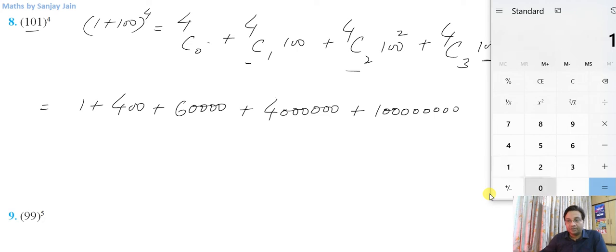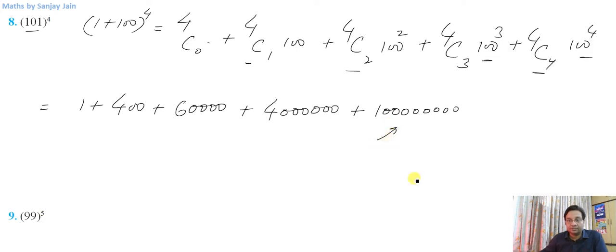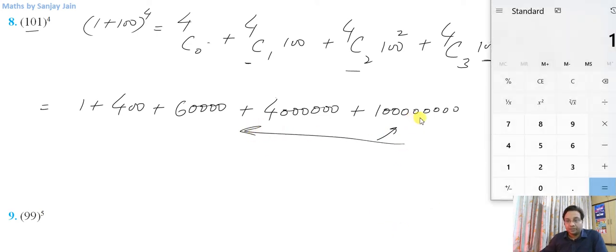What will be the answer? 1 followed by 8 zeros, 1 2 3 4 5 6 7 8, right, now these are 8 zeros, plus 4, then 6 zeros, 1 2 3 4 5 6, plus 60,000, plus 400 plus 1